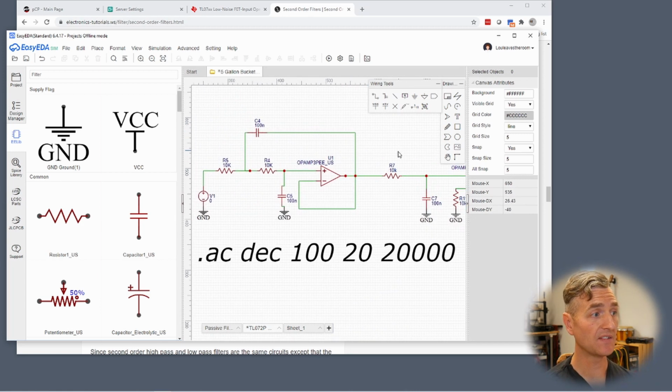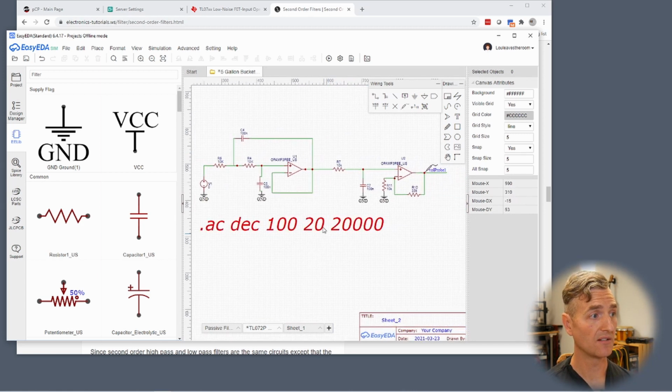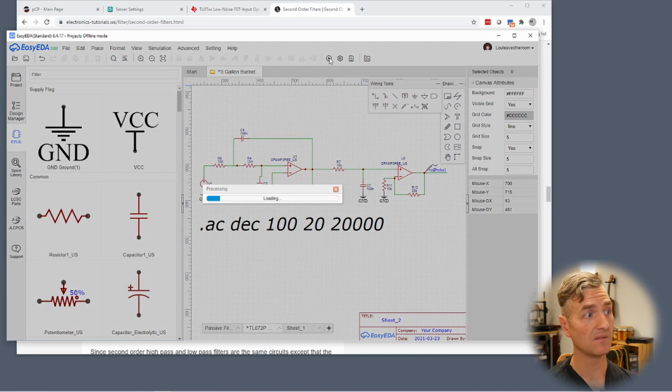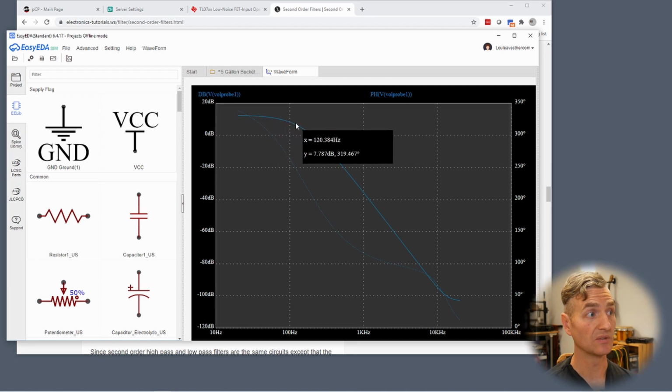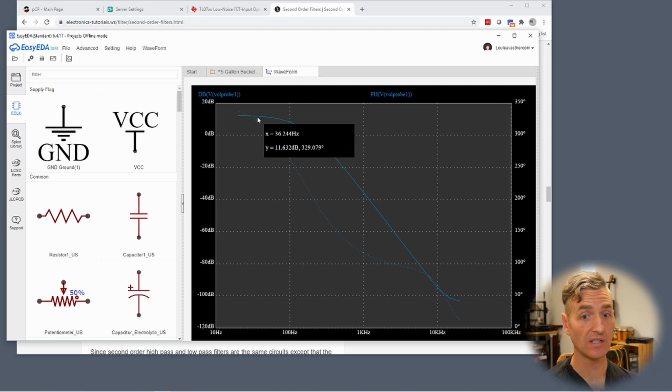I want to simulate that. So I've set up a simulation that goes from 20 hertz to 20 kilohertz, which is the normal auditory range. And I'm going to hit play to run my simulation. And we will see if that simulation works. So according to my circuit simulator,